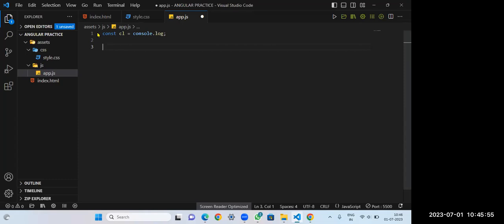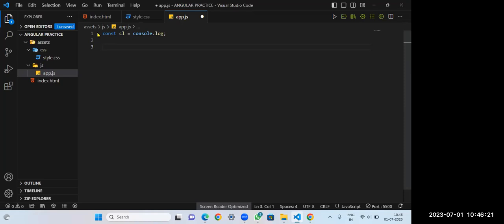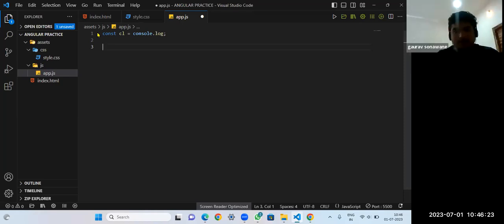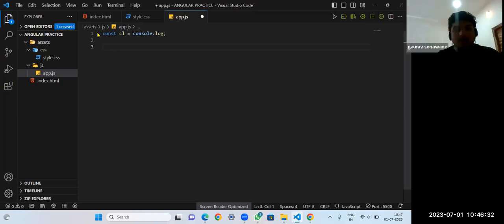What is OOPS? OOPS stands for object oriented programming. It is a concept of JavaScript. And it is a programming interface. What is meant by interface? Like the structure of their